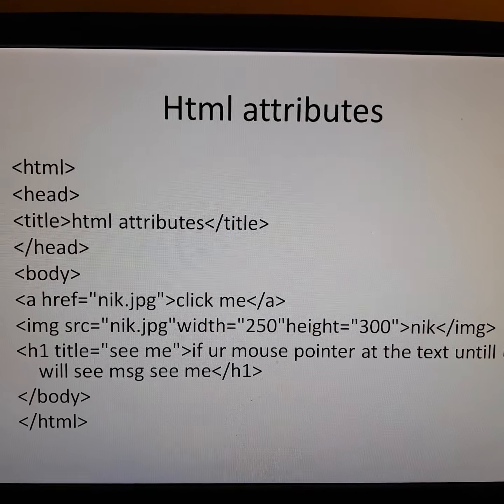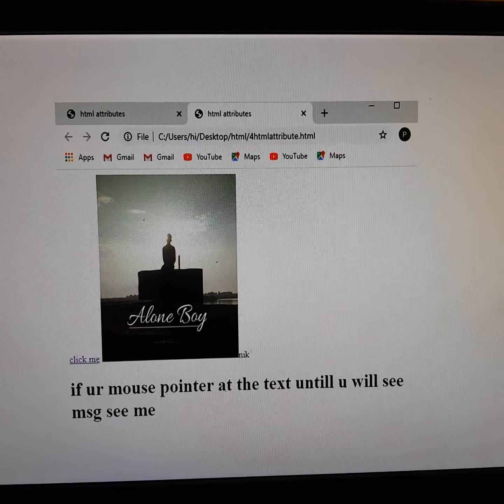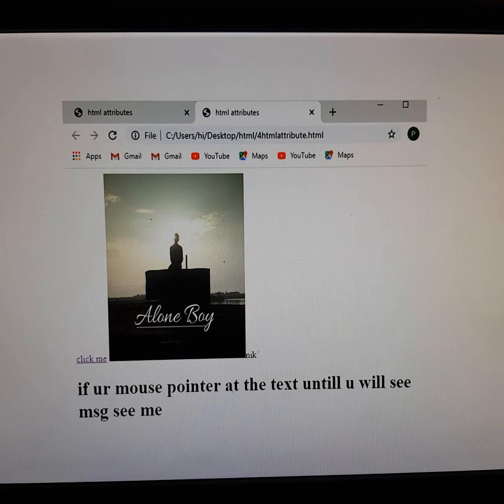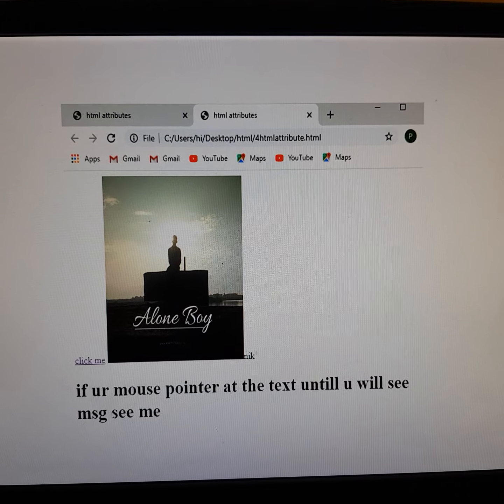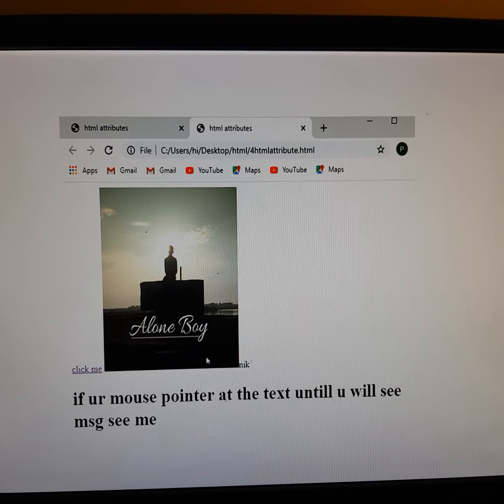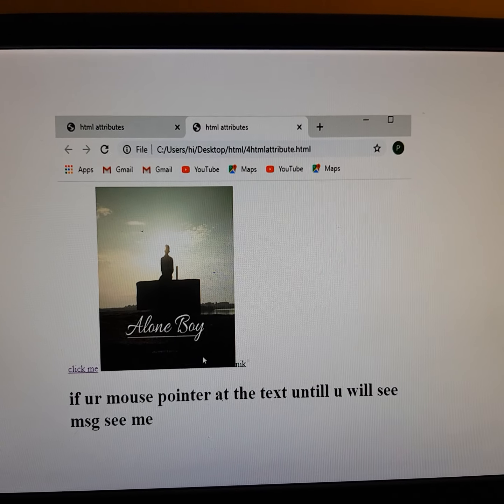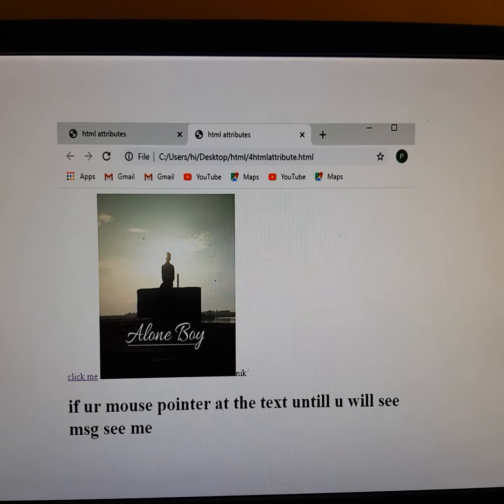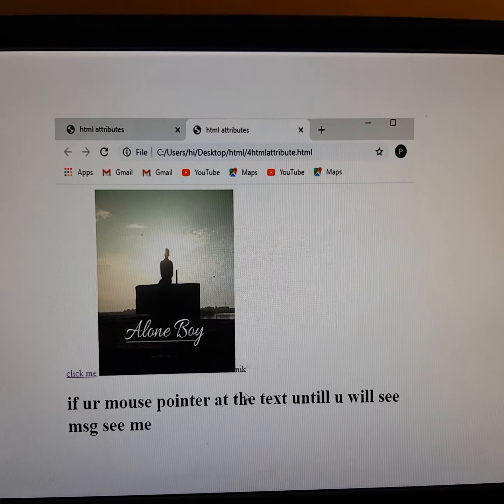If you see the output, this will be the output. You will get an image. This is nik.jpg. Click me. You click that, you will get an image. So whatever text we have written in h1, we got the big text.